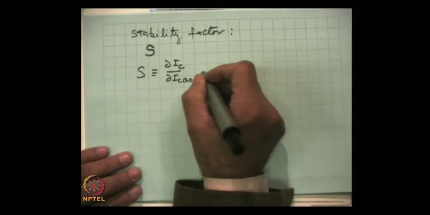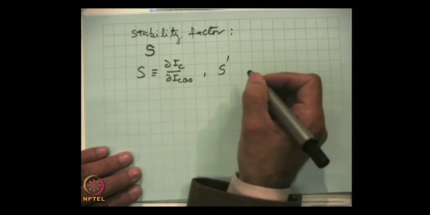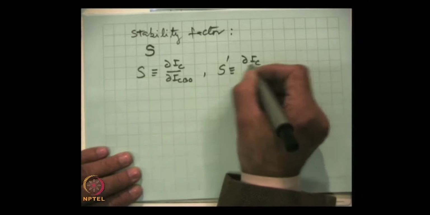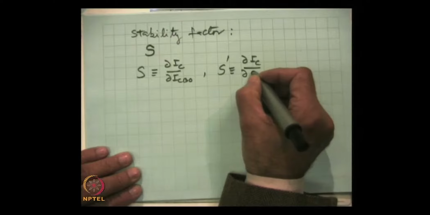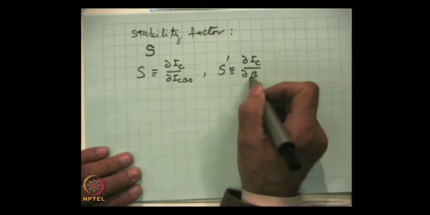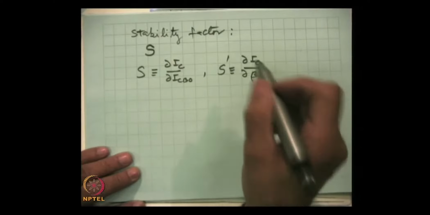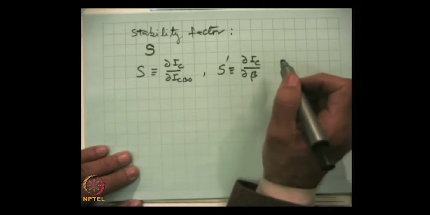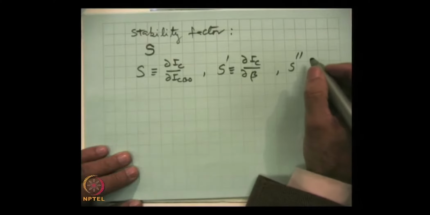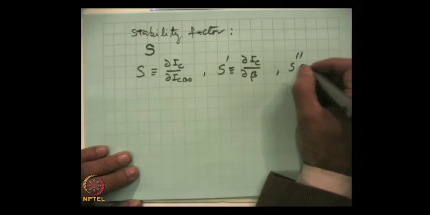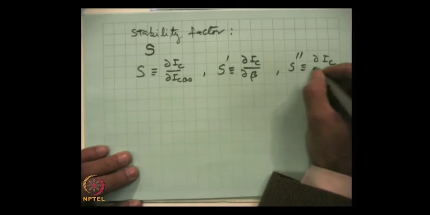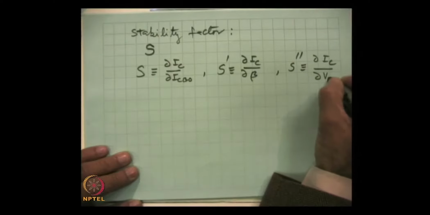We can say another stability factor, which is IC with change in beta, the current gain. If current gain changes for any of the reasons stated above, then the collector current will change. Or yet another stability factor, which is delta IC by changes in VBE,